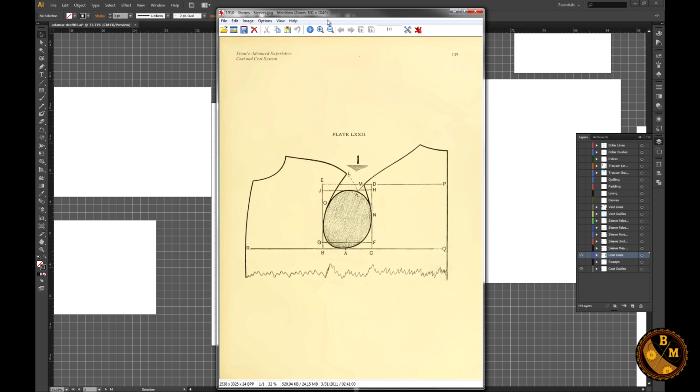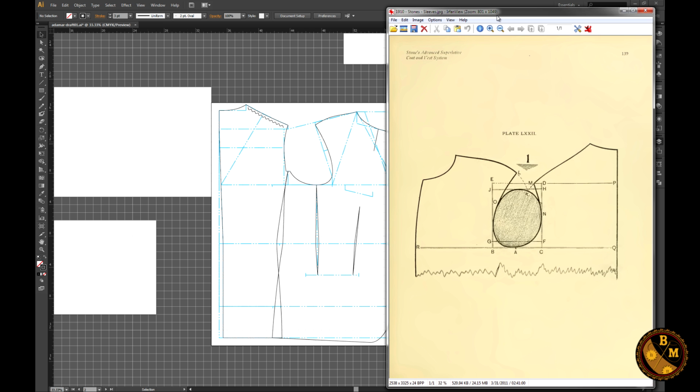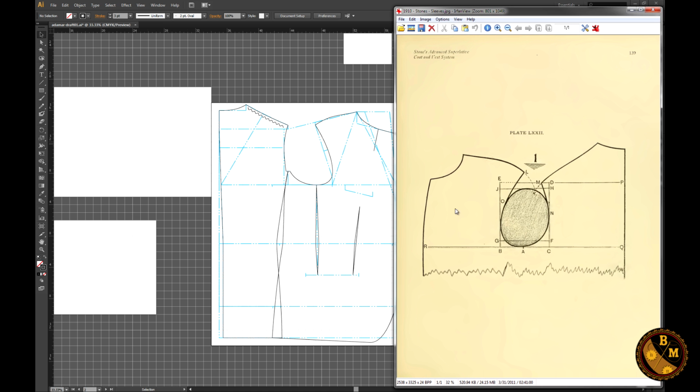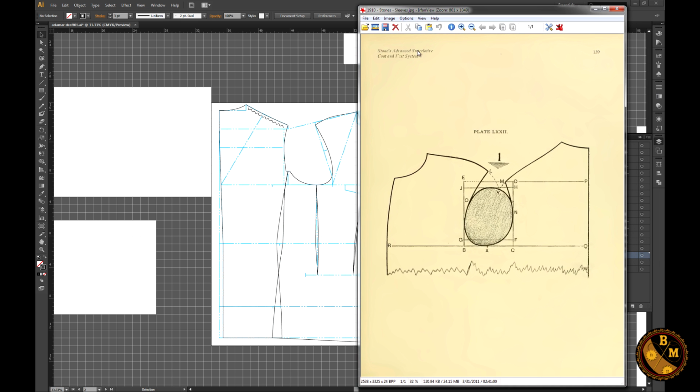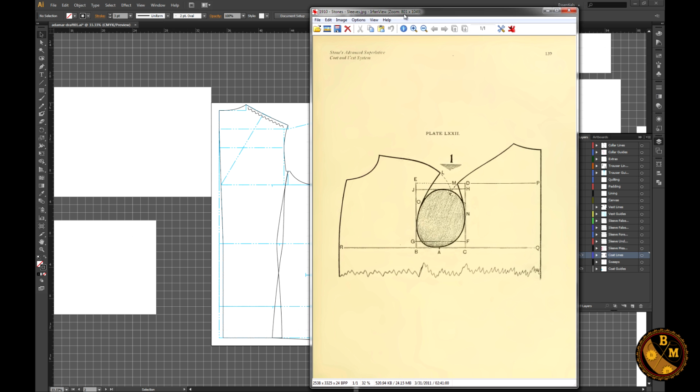Why the armhole, or the armscye, is shaped the way it is. Note the coat, first of all, is facing from right to left, and this coat is facing from left to right. That's simply the way they decided to draw the coat. Apparently Americans, or apparently Mr. Stone, wanted to do it from right to left. This is also the way that the Germans like to do it as well. They like to do it from right to left. Anyway,